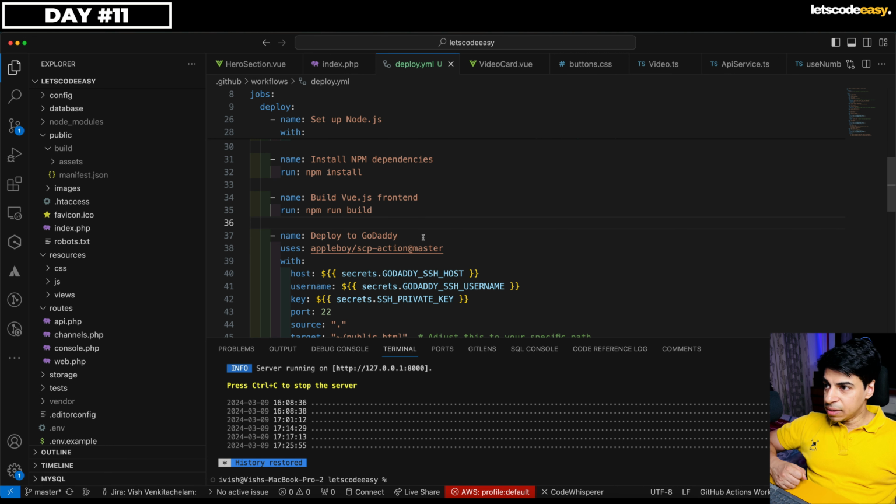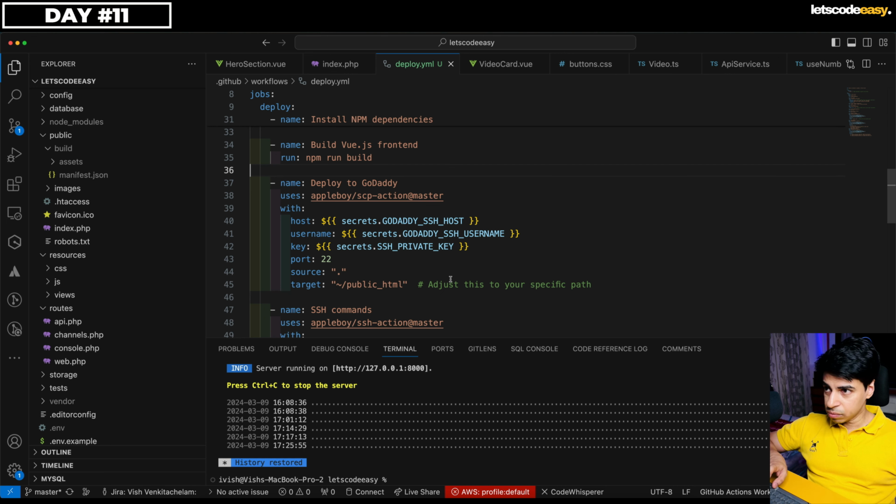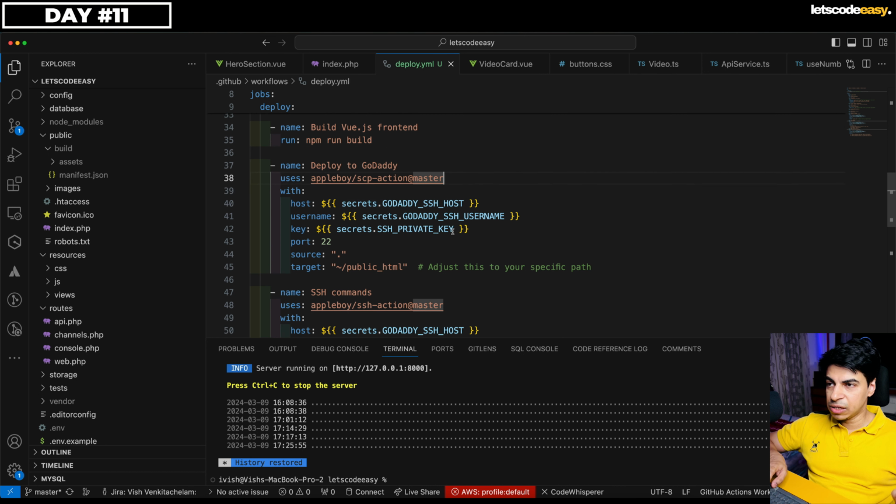Deploy to GoDaddy. This is the step where the SSH way of deployment is happening, and this is the important one which has to be looked at. So these are already configured. It uses a package called appleboy/scp-action and ssh-action for deployment using SSH, and I have already configured these secret